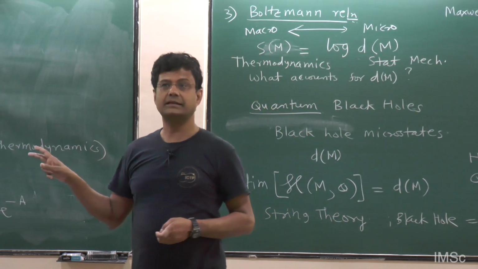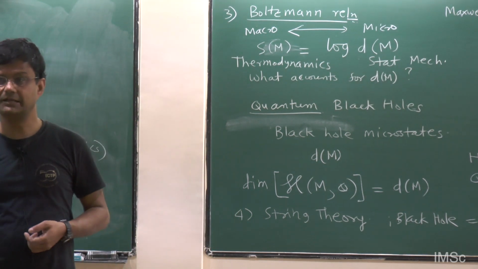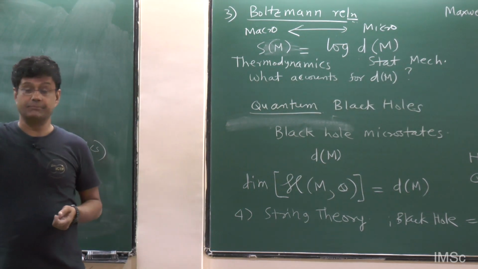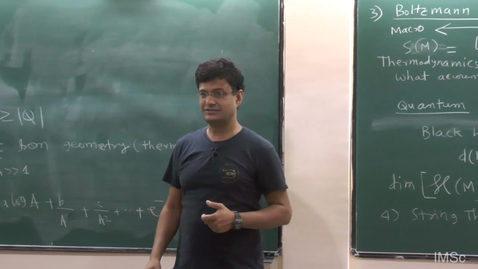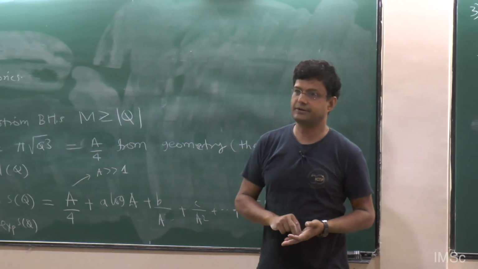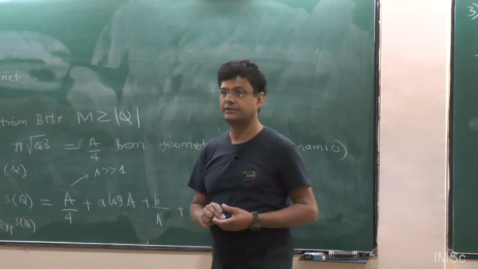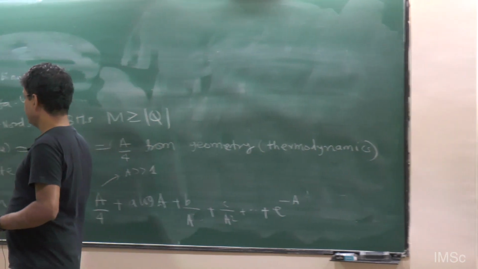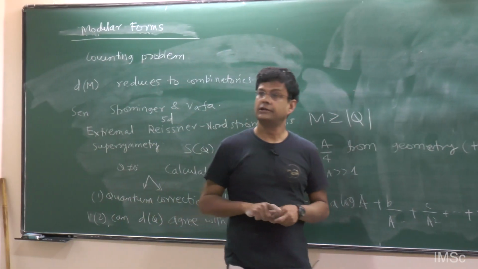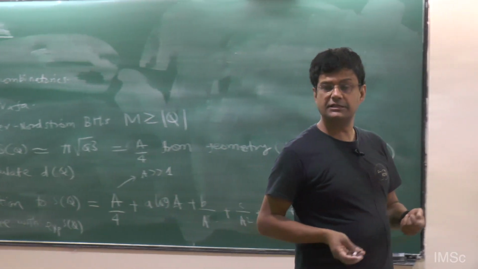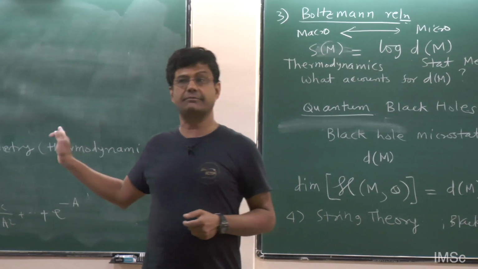There has been some important progress on that front as well, but that's a completely different topic. But I would say that this question is not resolved yet. So the information loss problem is not really fully understood in string theory. Whereas the origin of the entropy of a black hole in terms of some counting of microstates is extremely well understood in some of these examples.